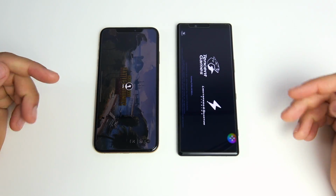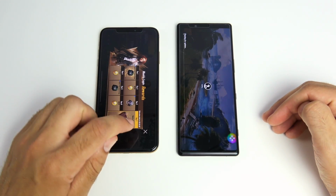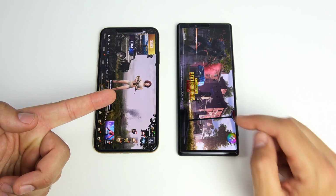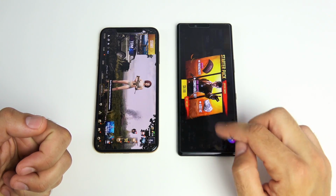And it seems like once you get into these more graphically intensive games, or these games that just require more power, it just seems like they're better optimized a lot of the time for the iPhone. So we're in and ready to go on the iPhone. We're still loading over here on the Sony phone, but let me tell you, the Sony does some magic